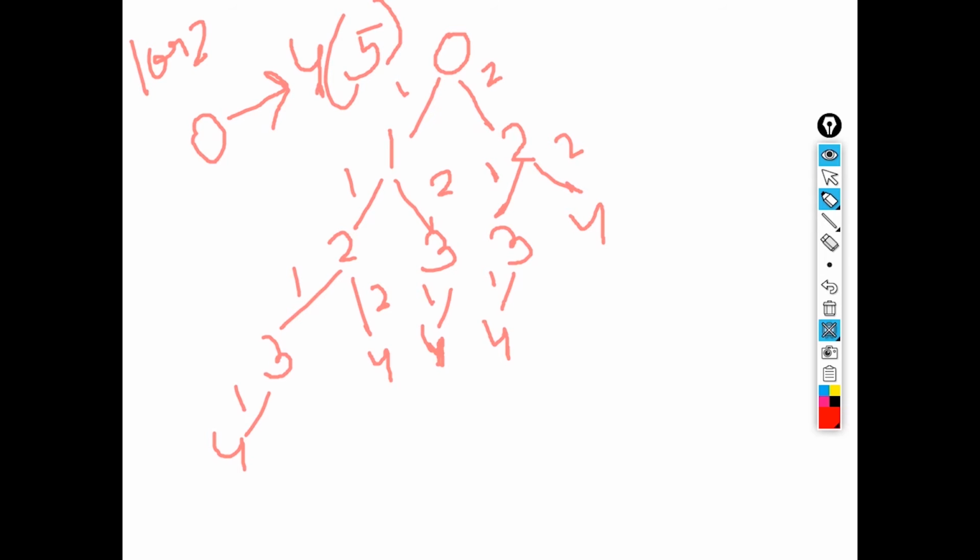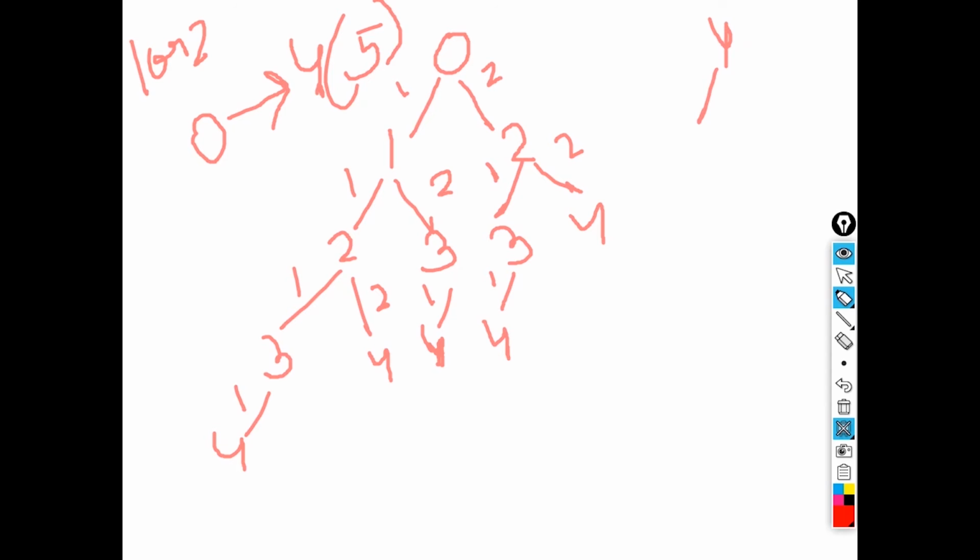Now we started from the top part. Let's start from the bottom part and see what significant thing we can observe. I have 4. Now 4 can be made by using only two numbers, because that is the constraint of the question, 1 or 2. So I need to subtract, so this will be 3 and this will be 2.